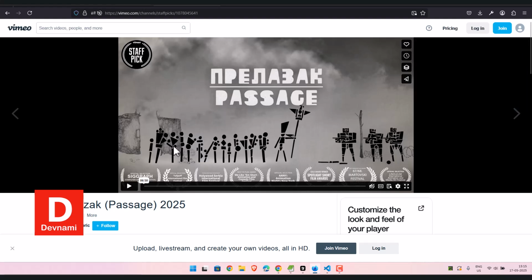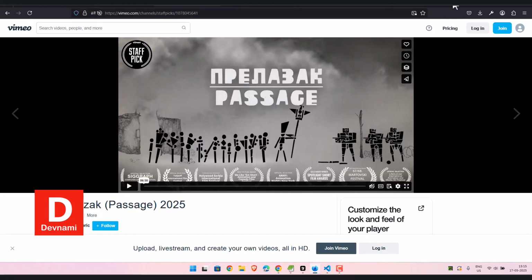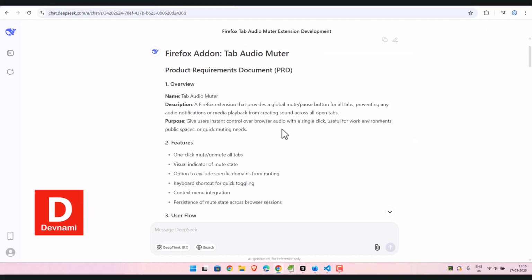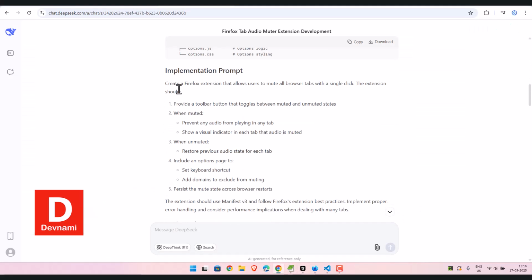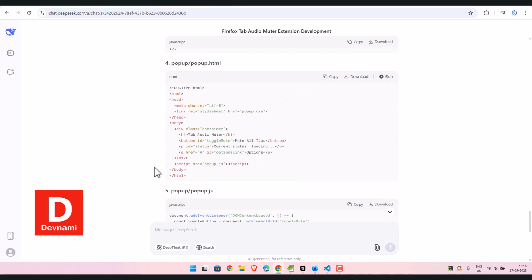So say you want to mute while you are working on some other tab, right? So globally you want all the tabs to be muted so that you can focus on one other tab, right? So to do that, what I did, basically I created a PRD, then prompt, directory structure, and also the code assistant through DeepSeek. So I'll take this to Cursor,